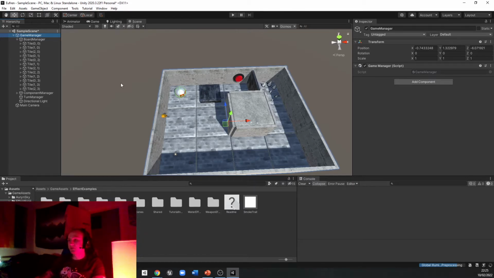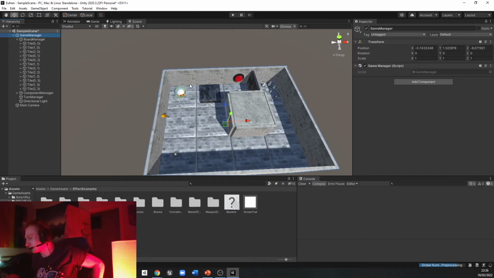So everything is controlled by the flow, by the turn manager. The turn manager will detect after the player's movement to send a signal to all enemies to move. After enemies move, all projectiles and traps and any other components will make a turn before the player character is allowed